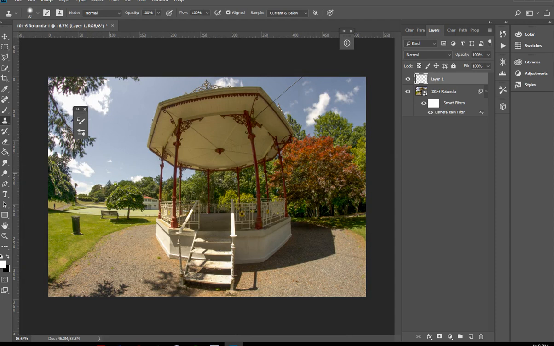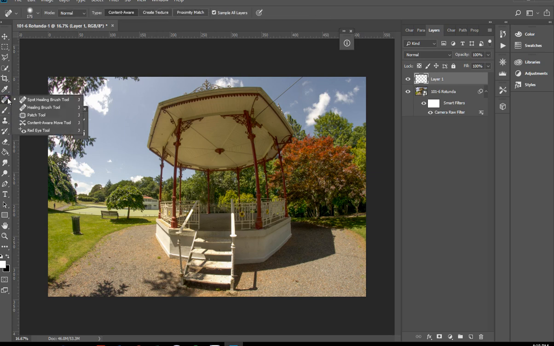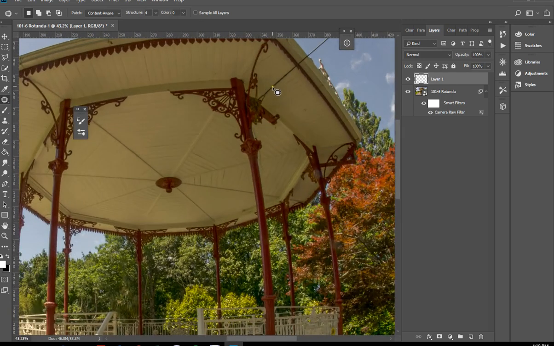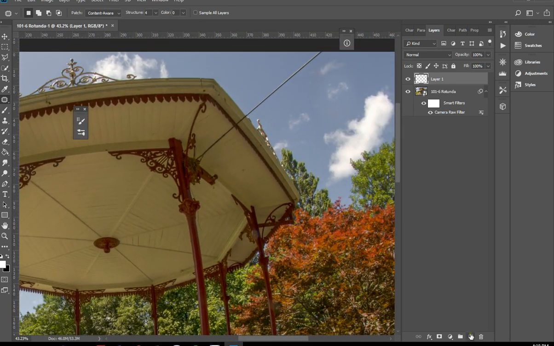Okay, next one is the patch tool. So that was the one that we had previously hiding underneath the stamp, and I'll zoom in, do a new layer so that we've got that, and actually we can label these to keep an eye on them. It makes finding things later an awful lot easier. It is not something that I'm good at remembering to do. So we can select the area that we're going to patch, and then